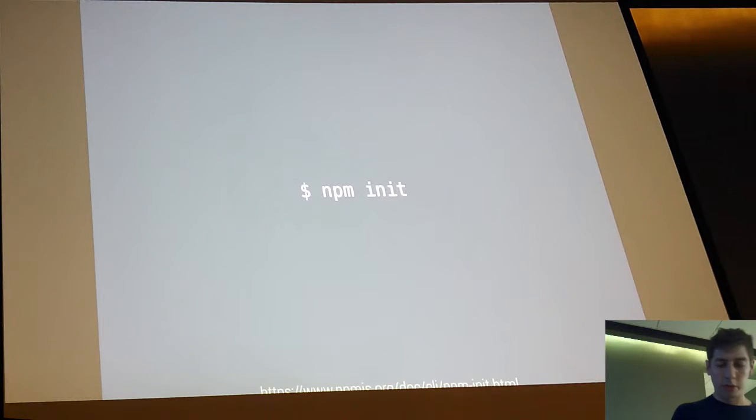So first off, when you're doing any JavaScript module, I highly suggest running this command, npm init. What it's going to do is ask you a few questions like the name of the project, the version, any dependencies, a license, and just other stuff. It'll try and guess some reasonable defaults. But once you run this command, you get a nice package.json file,